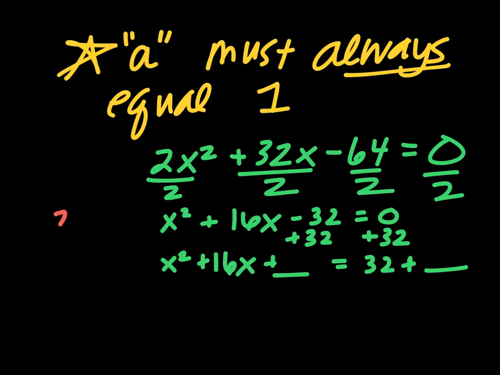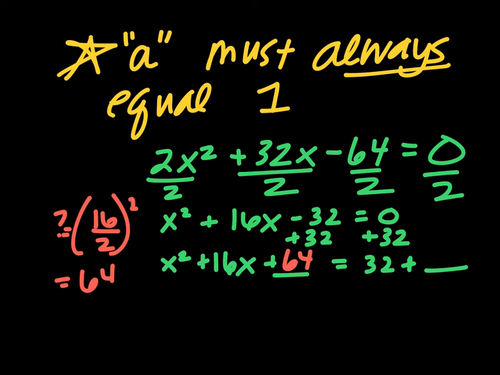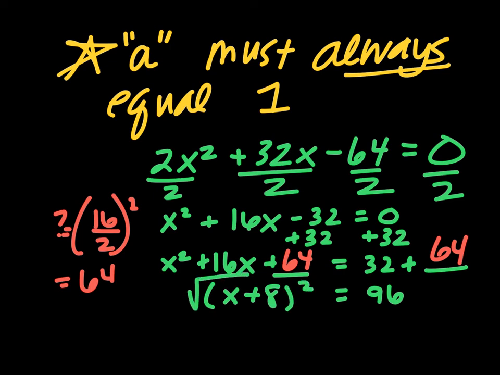So to find my missing number, I take half of b and square it. So that's going to be 64 in this case. So 64 is my missing number. And so my right side adds up to 96. My left side gives me x plus 8 squared written as a binomial. I'm going to take the square root of both sides, and I get that x plus 8